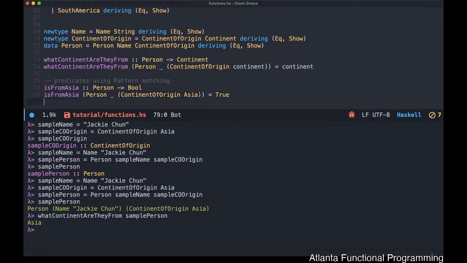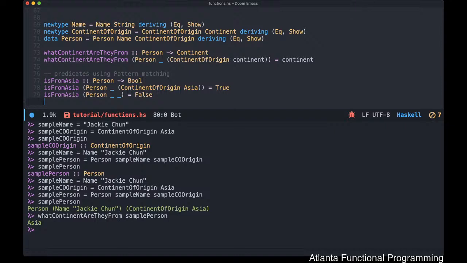And then obviously for anything else, we don't need to worry about anything else. We'll just return false. Okay? And this is a satisfactory rule. Okay? And now, if we pass in our sample person to isFromAsia,